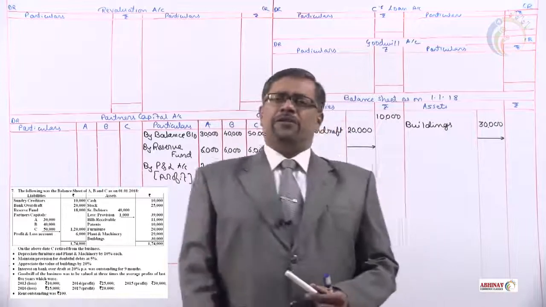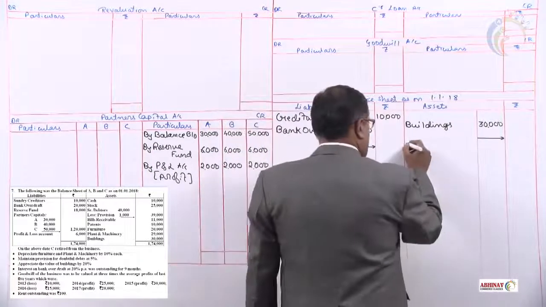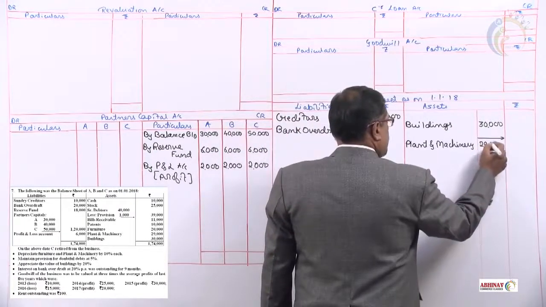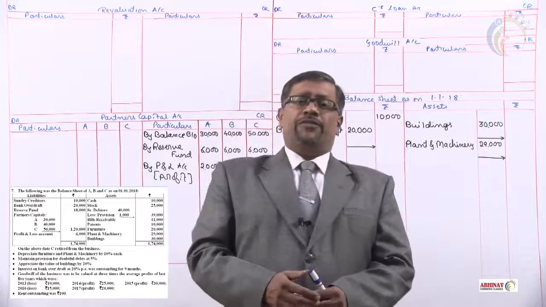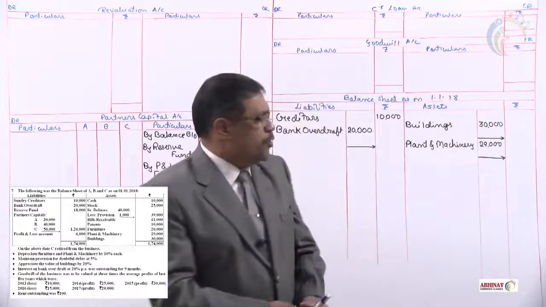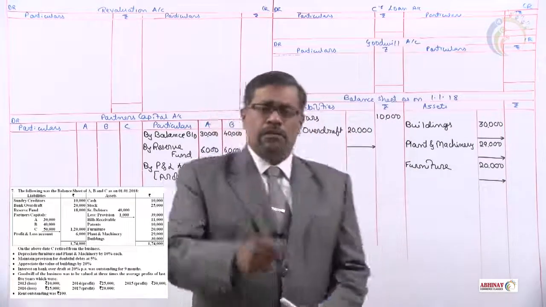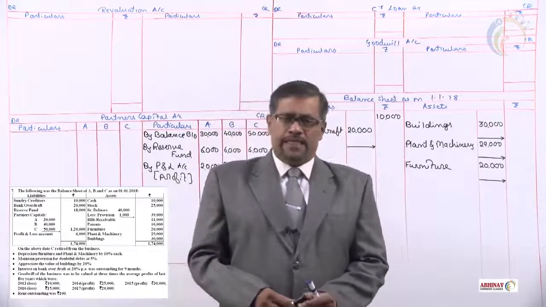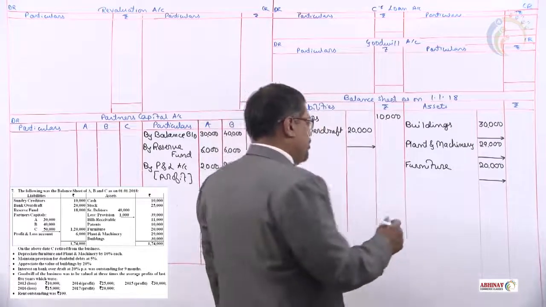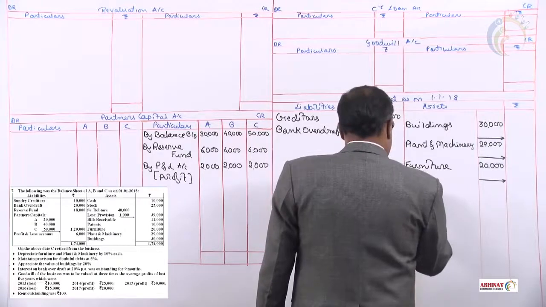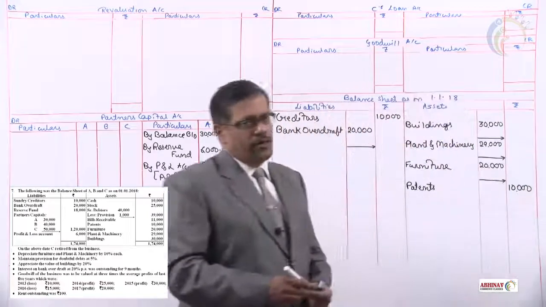Above building, we have plant and machinery 29,000. On that also we have an adjustment. So let us take that in the inner column. Plant and machinery 29,000. After plant and machinery, furniture. On that also we have an adjustment. So furniture 20,000 in the inner column again. Now, furniture is over. Then comes patents. Patents is an intangible asset. On that there is no adjustment. We'll take the patents amount in the outer column. Patents 10,000 rupees. No adjustment. We have shown that directly in the outer column.